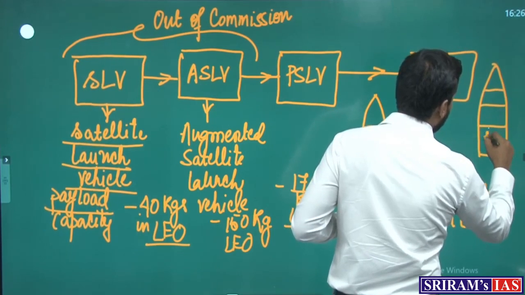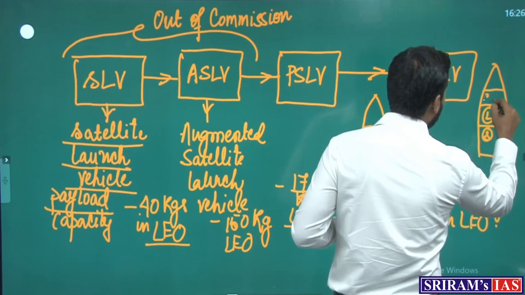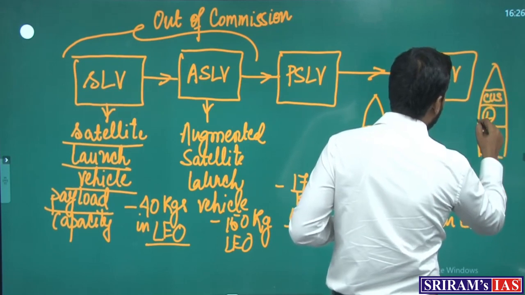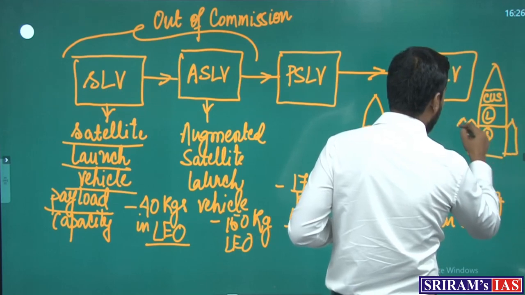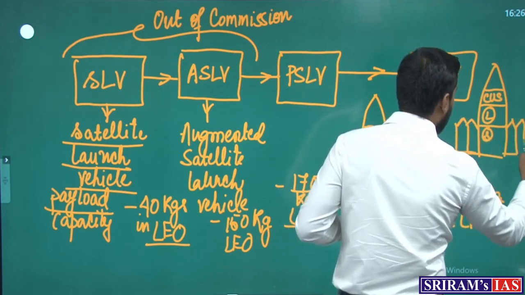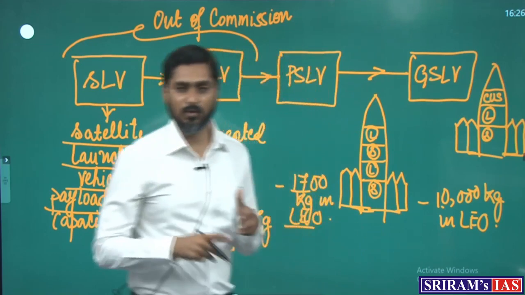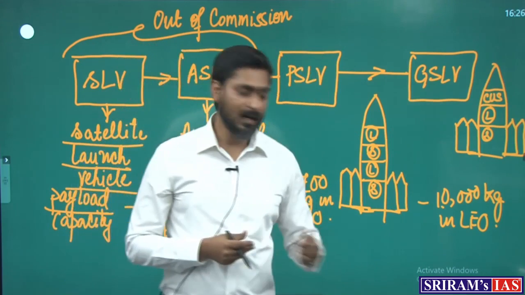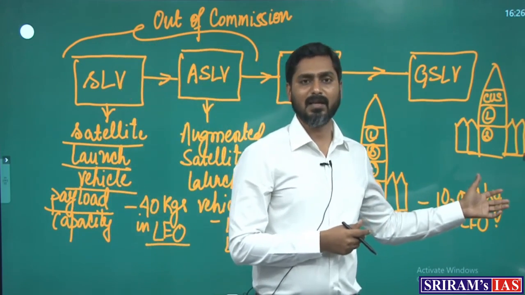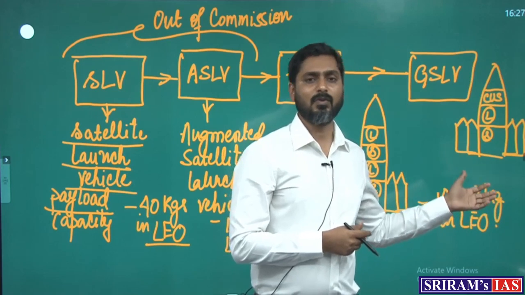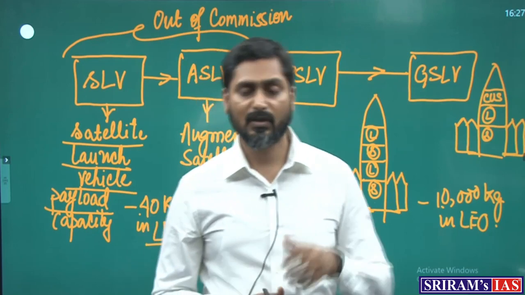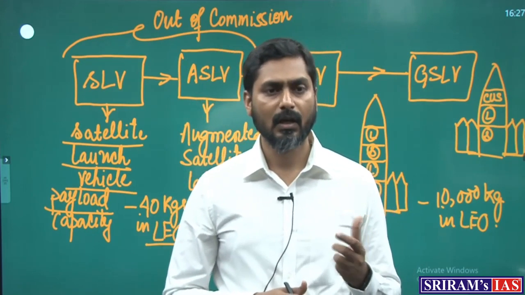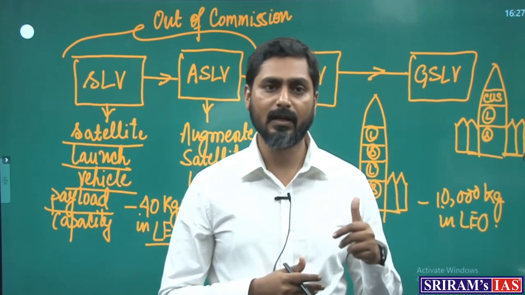It has solid, liquid, and what is known as the cryogenic upper stage. It also uses some booster rockets in the initial lift. Because of the use of the cryogenic engine, it has this high payload capacity. So with this we are able to send some of the heaviest telecommunication satellites to some of the highest orbits also. So this has been the journey of India's launch vehicles.